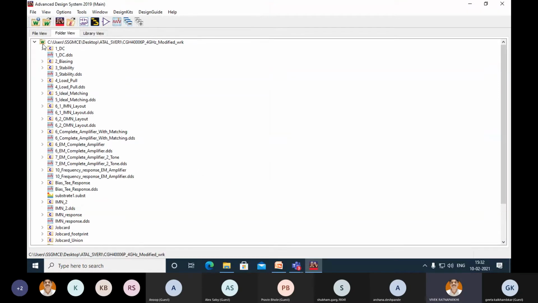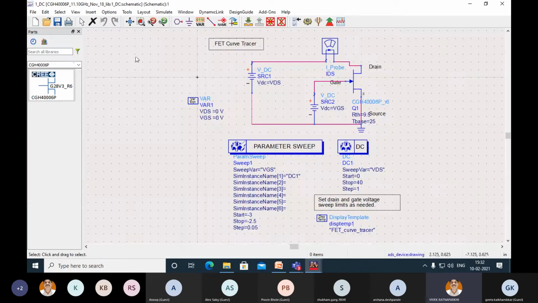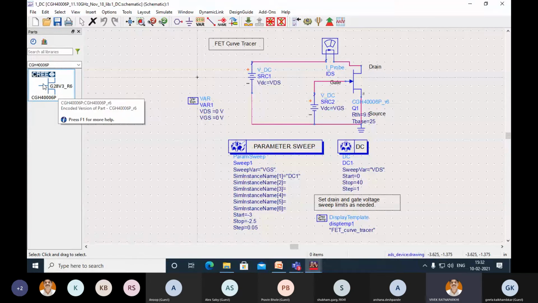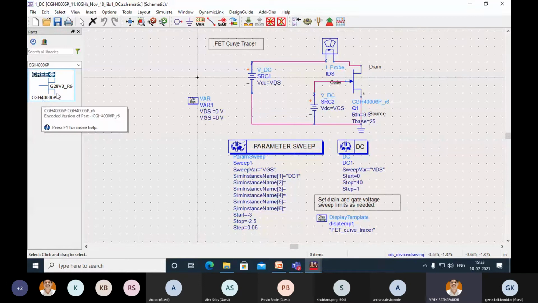this particular transistor. So first step, as usual, is to do the DC-IV characteristic analysis. So you can see this is nonlinear model. To the left side in component palette, you can see this is CGH 4006P. This transistor, I have actually taken this zip file from Cree portal. You have to register over there, and if anybody is interested to get, this is completely free. They do provide access to all the designers around the world without charging anything. You just have to register with your email ID, and you can go ahead and download Cree transistors nonlinear models.